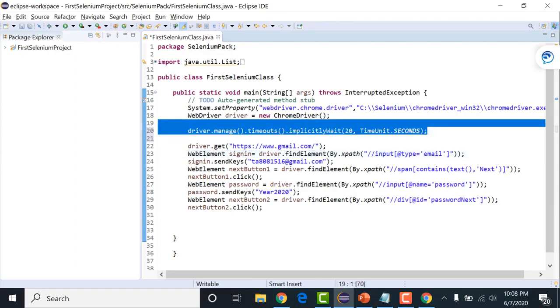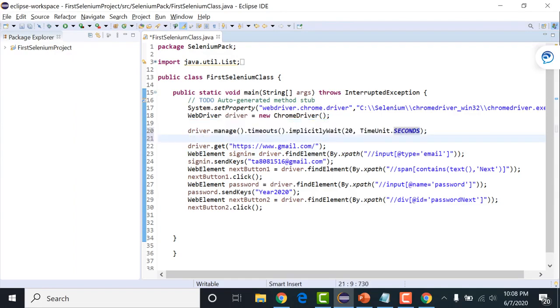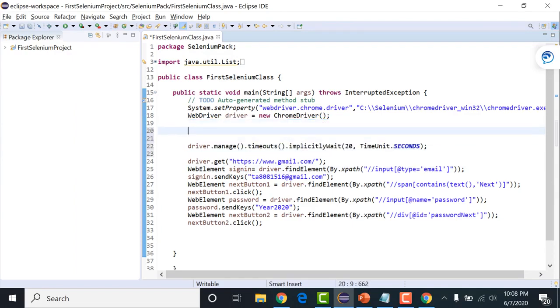Now what are the features of implicit wait? You need to understand first. Before executing, I'll just write down the features. The first thing, it is the dynamic wait. What does that mean? I have defined the time range as 20. So is your expectation that our execution will halt for 20 seconds? No, that won't happen.